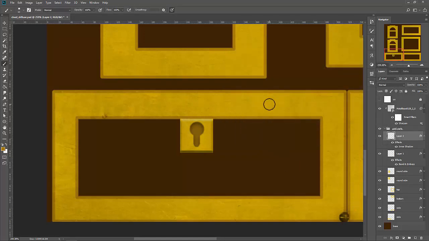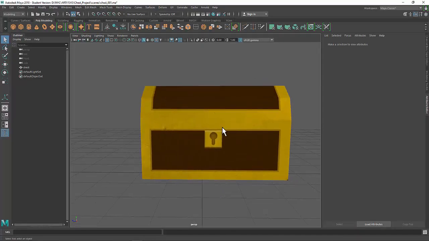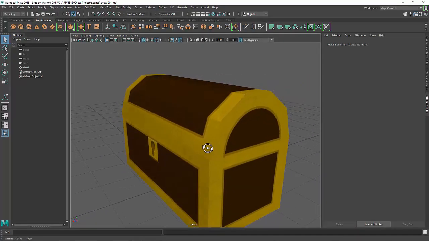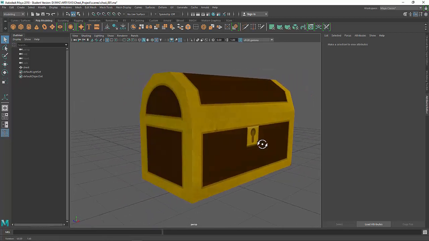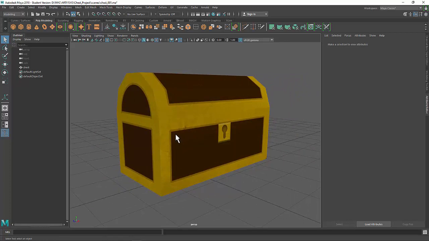Let's check this out in Maya. So I'll save it. Alright, that's looking pretty cool. It's looking a little bit more interesting there, has a little bit more depth to it. Now something that's a little flat is there's not really any depth or shading between this gold area and this brown area. So we could paint in a little bit of shadow here, so that way it feels like there's